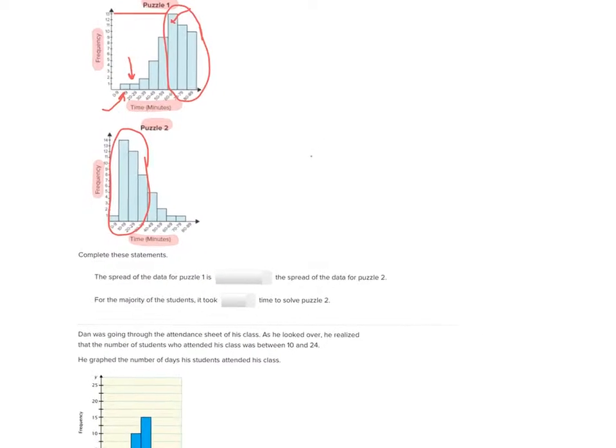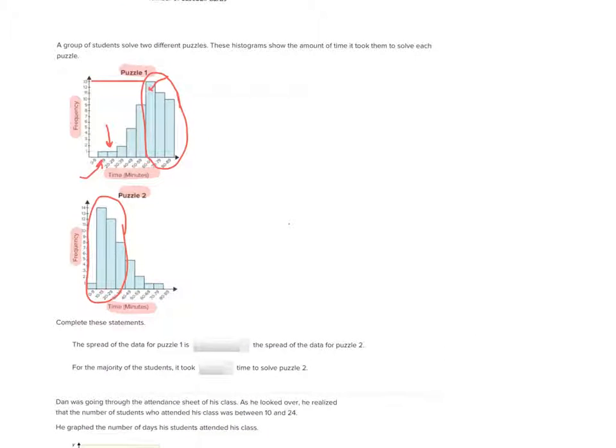The spread of the data for puzzle 1 is what compared to the spread of the data for puzzle 2? And those choices right here are going to be more than, less than, or the same. Greater than, less than, or the same. So the spread, that's from the smallest to the largest. So the spread of puzzle 1 is from 10